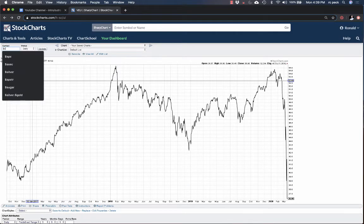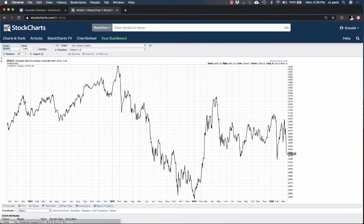COVID-19 started there, and perhaps it's already been resolved there. This is the Shanghai Stock Index, and it was going sideways before this started, and it's going sideways now. It's held up incredibly well. People can say, well, that's China, they're buying it, or they can control it. It's like, yeah, guys, but it's still the second largest economy on the planet with a population that has a lot of money. And so China is